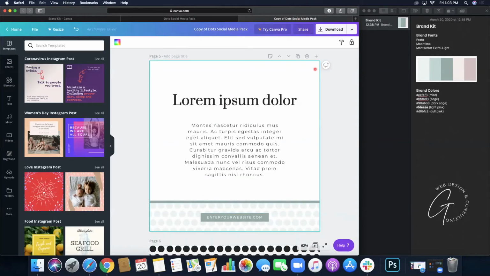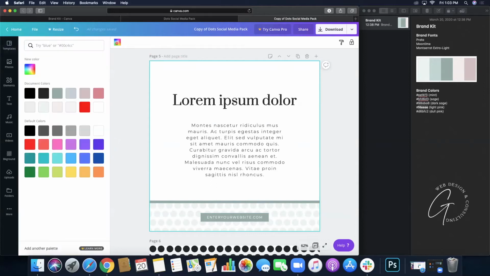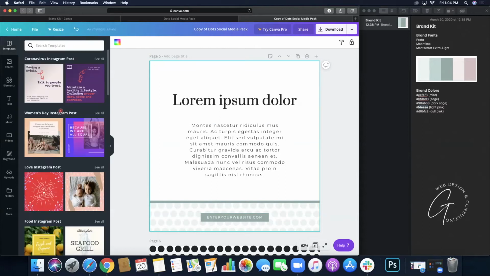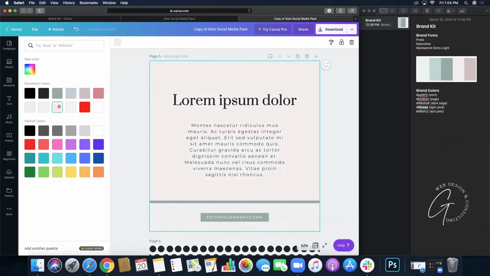Now, if you ever wanted to change the background color, say you don't like this white color, and let's see, maybe you wanted it to be, let's do the light pink color that I have. It's already selected, so I'm gonna copy it. Or technically, I don't really have to copy it because I see it right here in this area. So if I want it to be that light pink color, I would just select it right here. So as you can see, maybe that wasn't the best choice